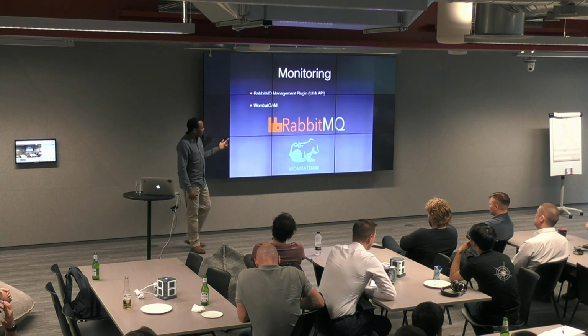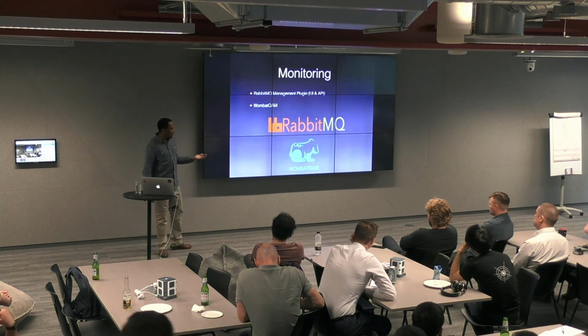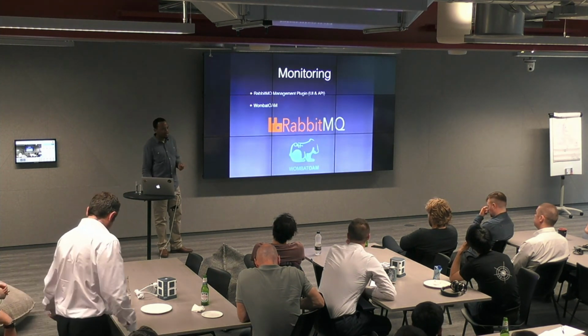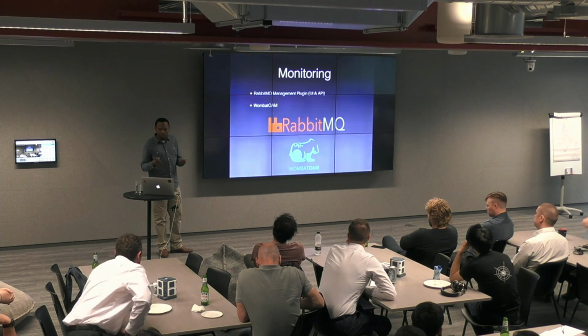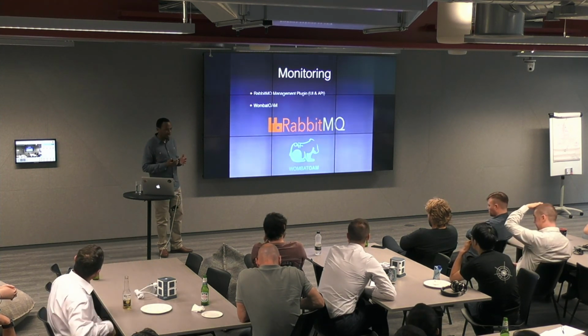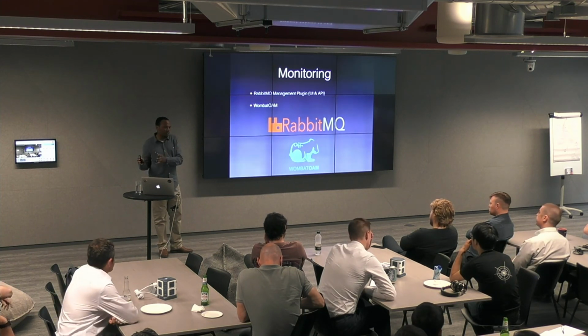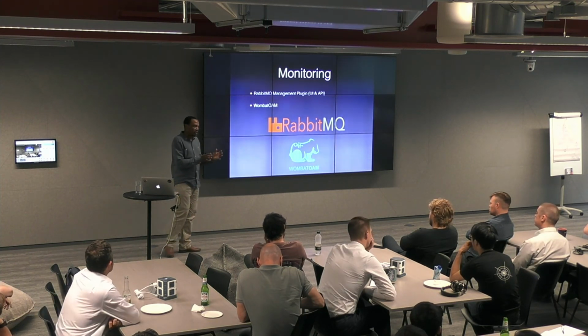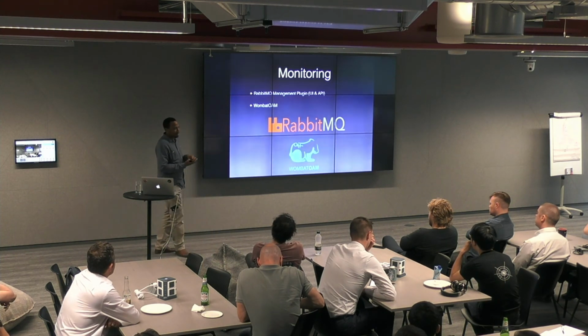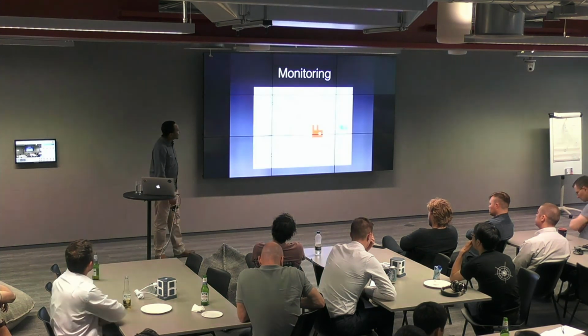And then we've also got a tool that we develop in-house at Erlang Solutions. It's called Wombat OAM, right? And it's basically designed for Erlang systems, right? And it basically fetches metrics from a remote Erlang node, which is quite good because you isolate your monitoring tool from your broker, right? Whereas the management plugin starts a web server on the node itself, right? So these are tools that you can use to monitor your system.